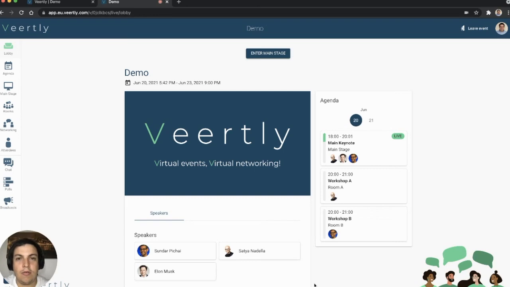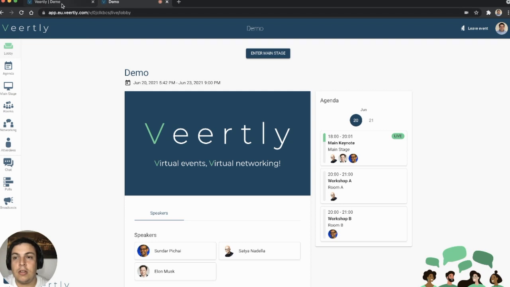Hey there. Today we have one more customization for your events. And this time it's about the fonts and the type of fonts and family of fonts of your event. By default, we are using the Roboto font from Google Fonts, but you can now change the full fonts from